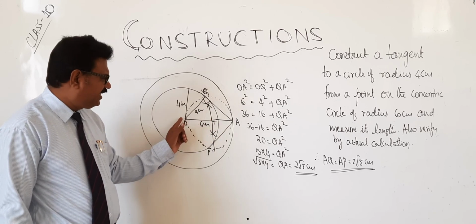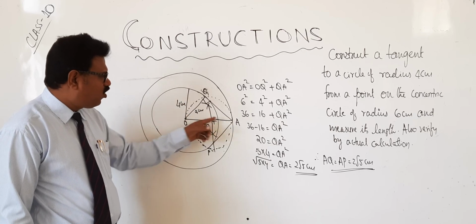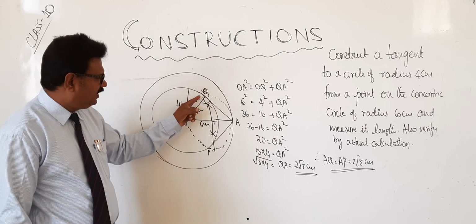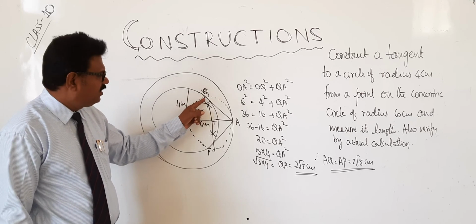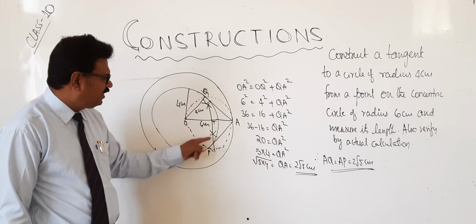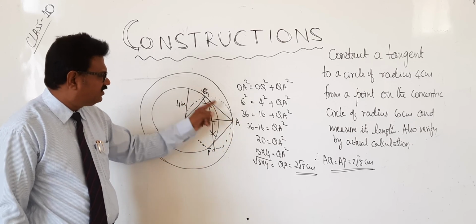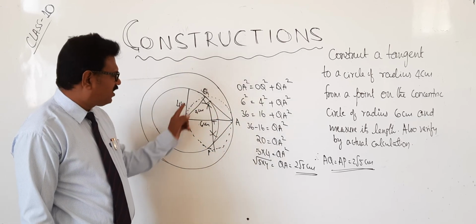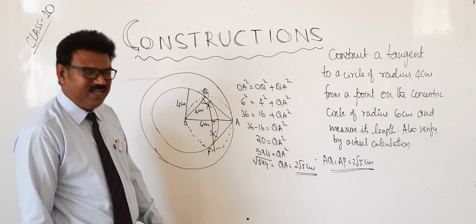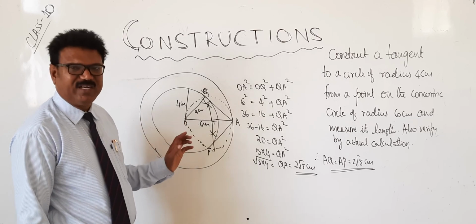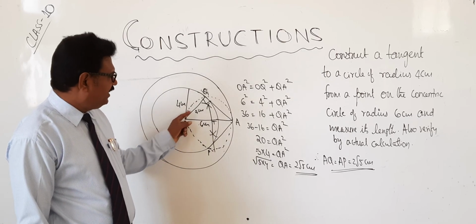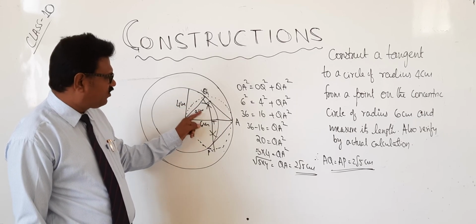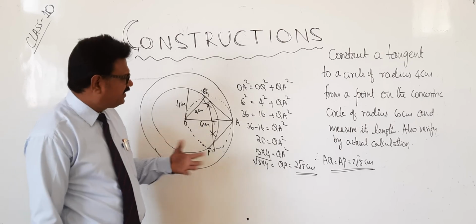Now T as center, by joining O and A, you draw a circle where the circle will intersect the 4 centimeter circle. There you just join them. Then these two are the required tangents, AQ and AP. According to the figure, since it is a Pythagoras theorem, because both are similar triangles only, right? Both are congruent triangles, not similar triangles, both congruent. Because it is also radii, it is also radii. This is common, 90 degrees, 90 degrees. Therefore, RHS, these two are congruent. Like that we can prove.